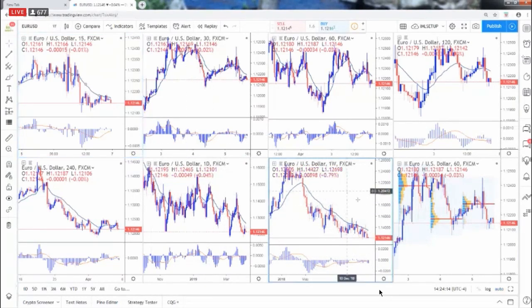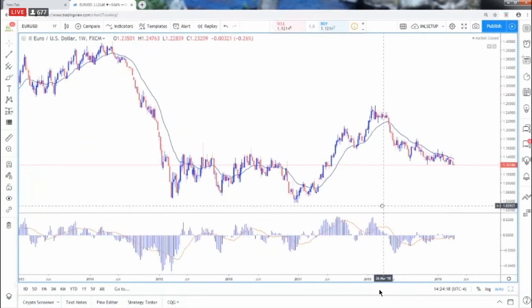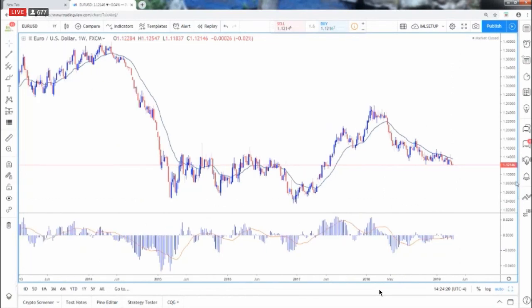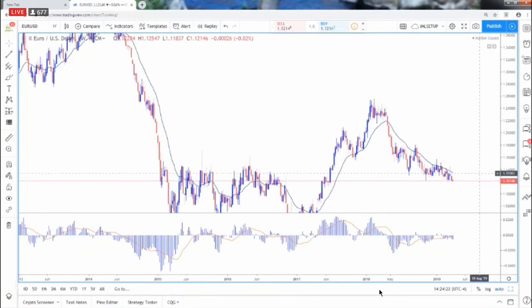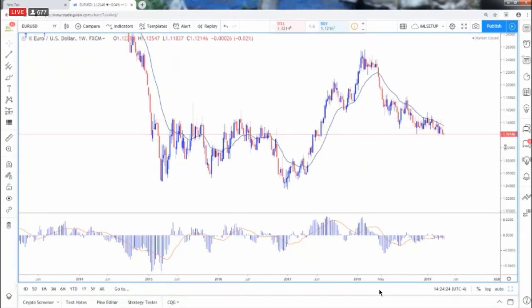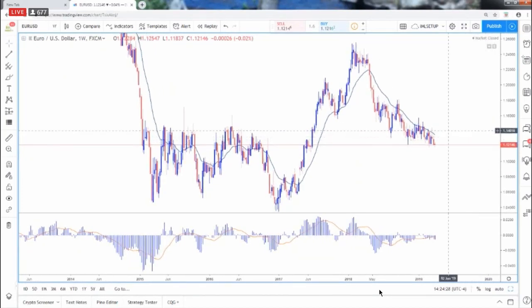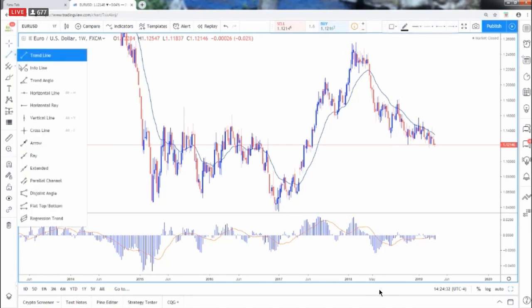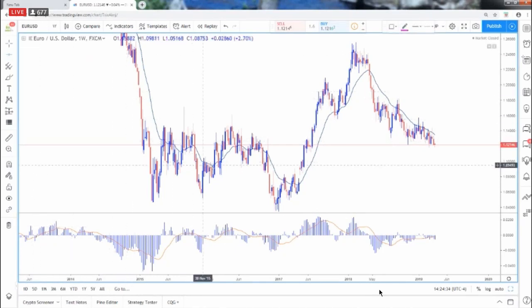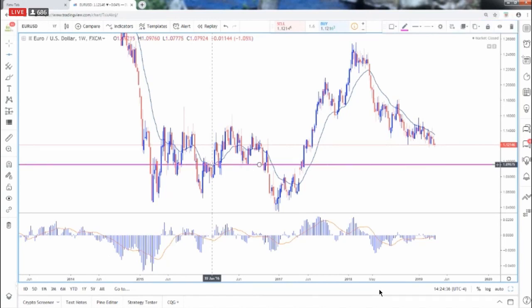Last week we looked at this chart and we said that the market is still in this wave down, and we still feel that the potential to go lower is greater than going higher for now. It's in a downtrending environment, and I'm still under the impression that this market could come down right to the middle of this prior range here. So if we look at this prior range,